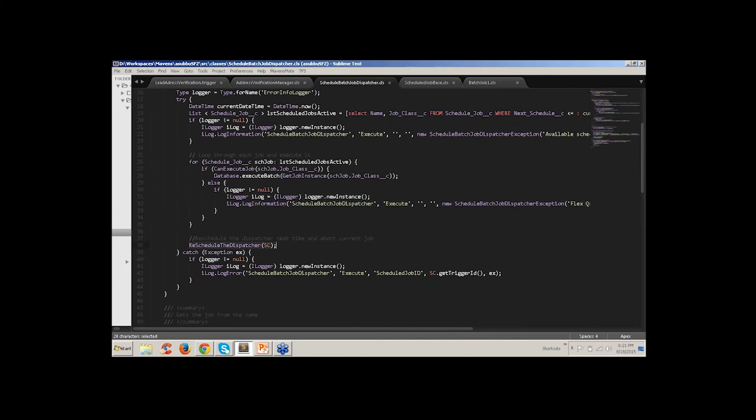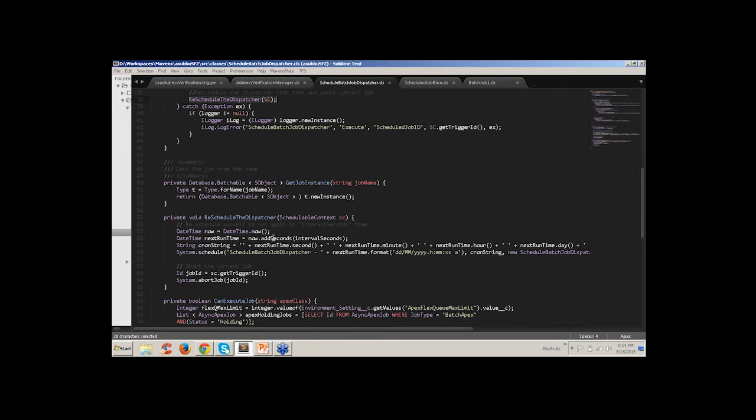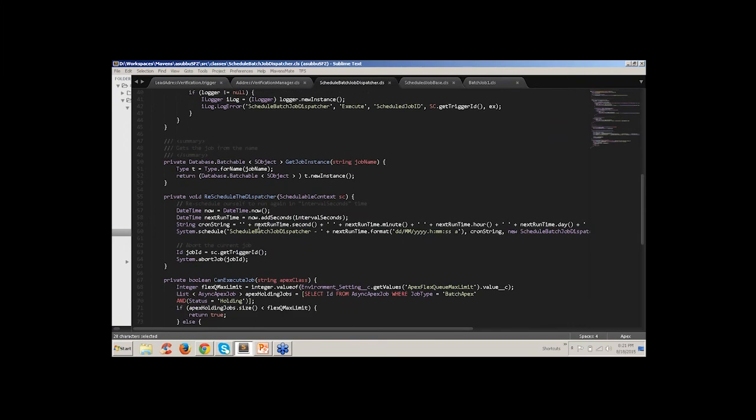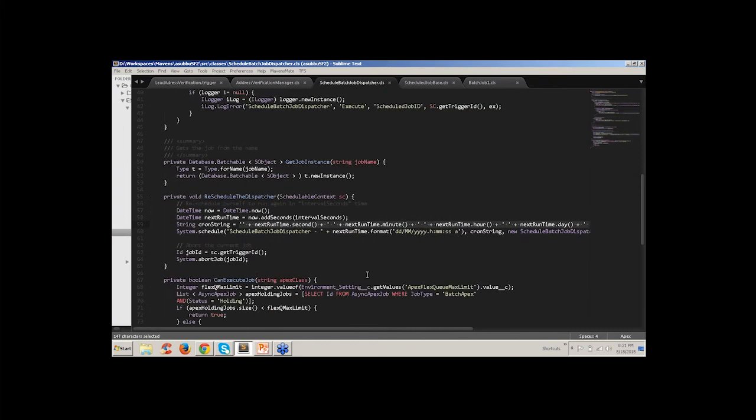Finally, what we will do is reschedule the dispatcher so that it will again start listening for the jobs on the next interval, right? Now, what does the reschedule dispatcher code look like? It does nothing but create a cron expression, which we obviously do while scheduling an Apex scheduler, and send it to the system.schedule command. That's it.